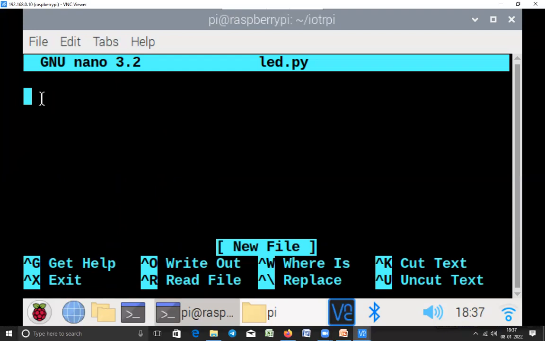Okay, so now to control an LED. We know LED, right? All of you know LED. LED is a light emitting diode. To turn it on, you have to provide some positive voltage at the anode. You need to provide maybe a voltage from 2.7 to 3, or maybe 1.5 to 2.7 volts, to turn on the LED.